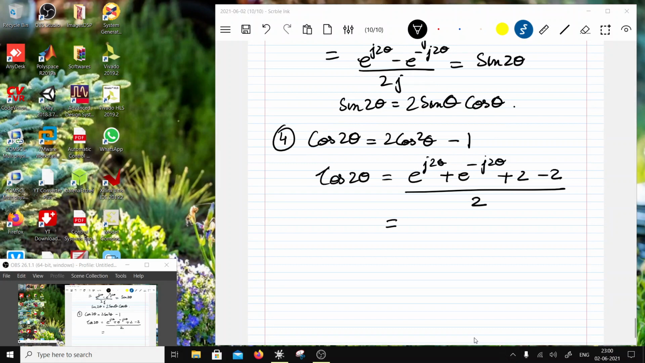So in this case, this can be written as a square plus b square plus twice of ab, right? So a plus b whole square, isn't it? So this can be written as